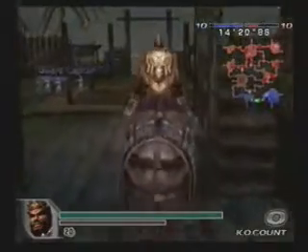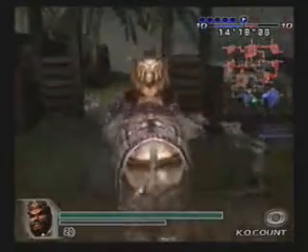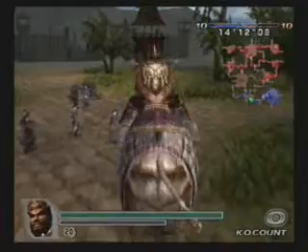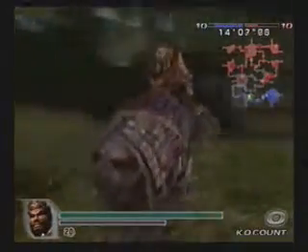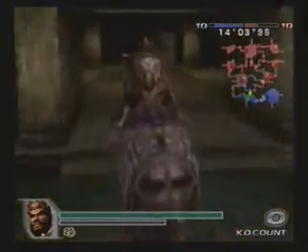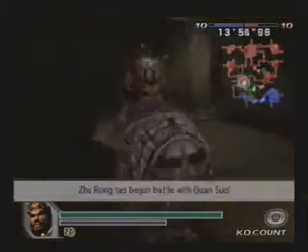This elephant is. And the computer will use these things to trap you in the corner and constantly spam the actual charge attack, which does a hell of a lot of damage to you. These things are a pain in the ass. There's nothing else to be said. You're going down. And to be blunt,